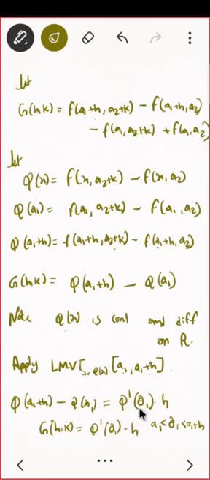Can you quickly calculate phi dash? Phi of x was this. Phi dash means the derivative with respect to x, because this is in two variables. So let us see. Your phi of x is equal to what? It is f of x comma e2 plus k minus f of x comma e2. This is your phi of x. Correct? I want to calculate phi dash of theta 1.